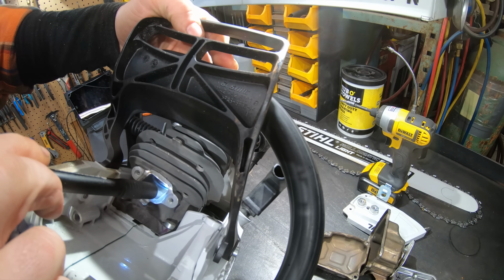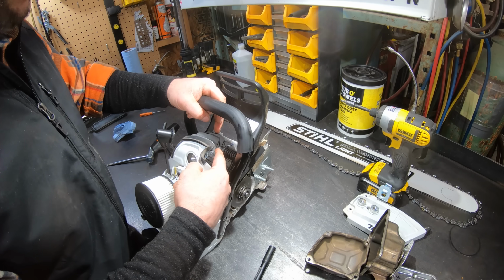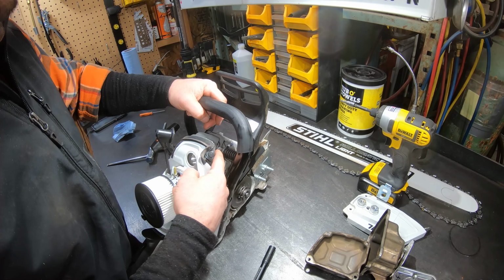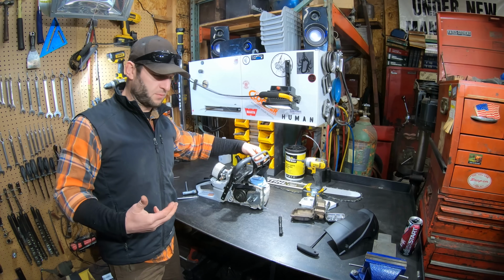Alright, well, I can barely see it, so I know you can't see, but piston looking good. I think, could be wrong, but I don't think I've ever seen an AV connected directly to the cylinder before either. Alright, so final verdict,